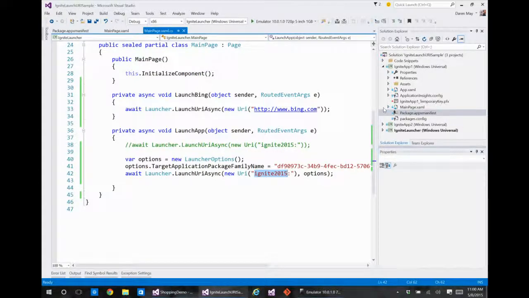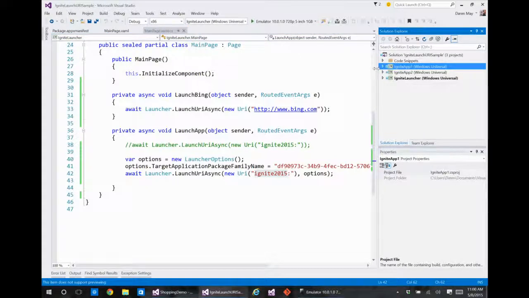So that is the implementation that will allow us to go directly to an app. The other thing I would quickly note whilst I'm in here is the visual editor for the app manifest in this version of the tools isn't working, which is why we went straight to the XML. So don't spend forever trying to work out what's wrong with your system. It's just not yet in place. Okay. So pretty simple, straightforward.